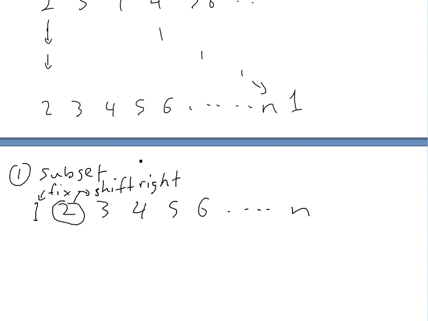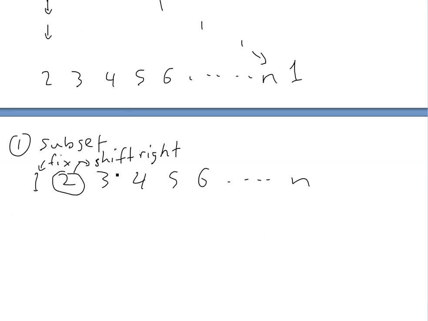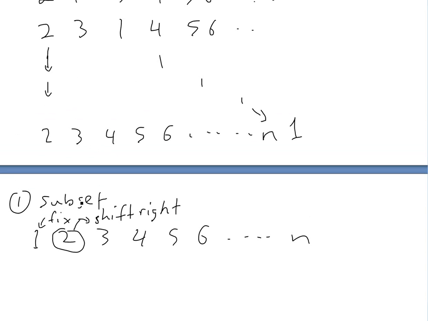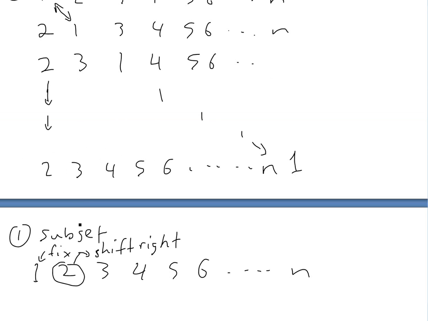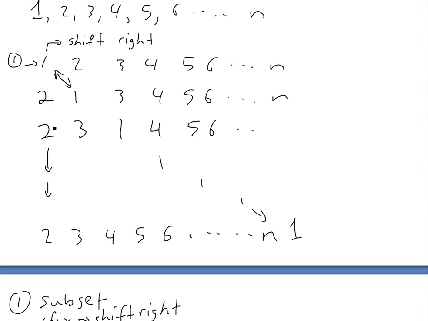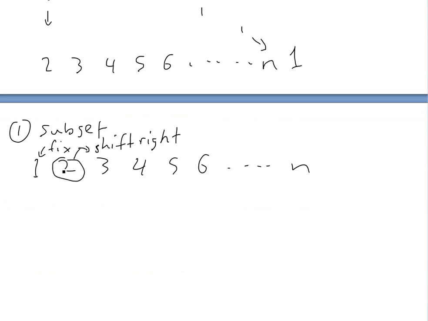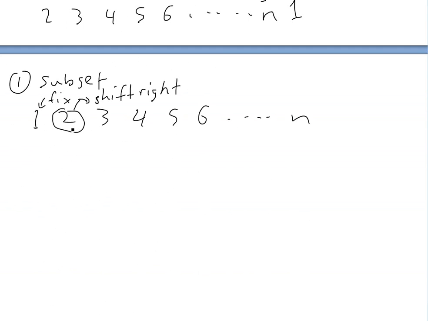So what we're basically doing is just finding all the different ways of sorting. Sorting this one right here where 1 stayed at this position. Now we're going to sort all the ones where... So that's what we're doing here. We're just going to shift 2 there, and then rearrange accordingly. So we're going to have 1, 3, 2, 4, 5, 6